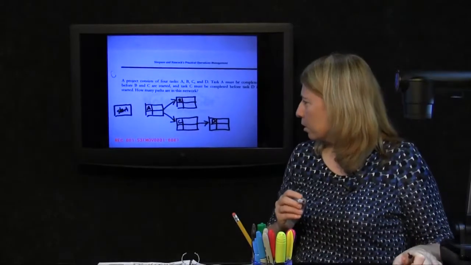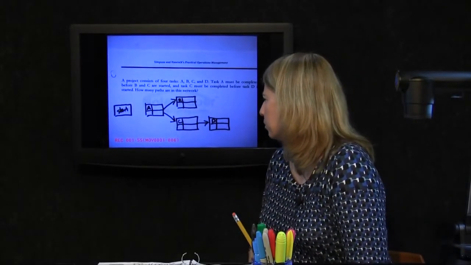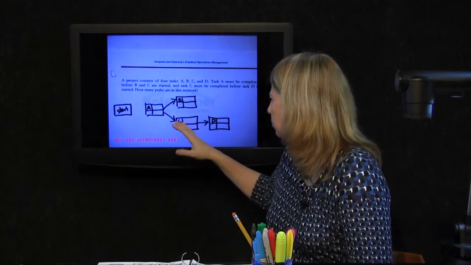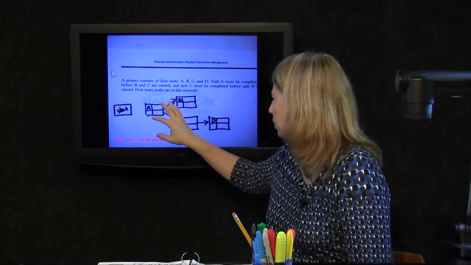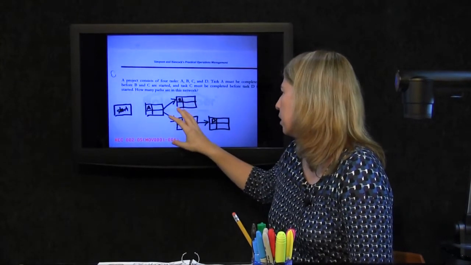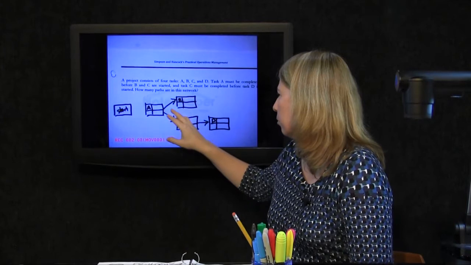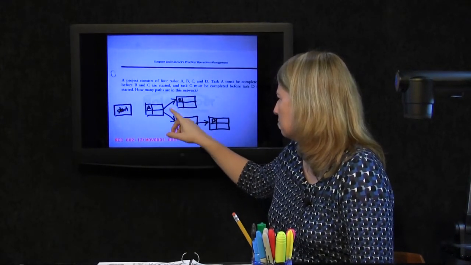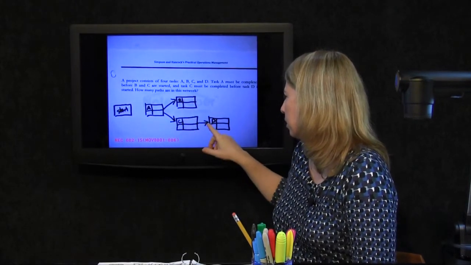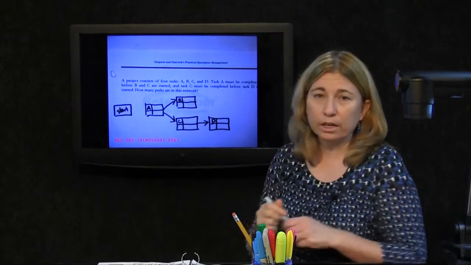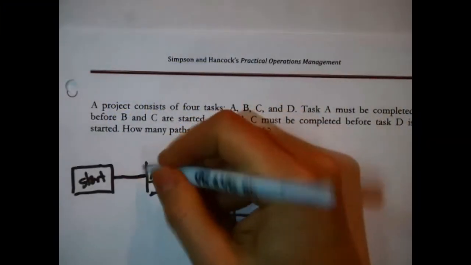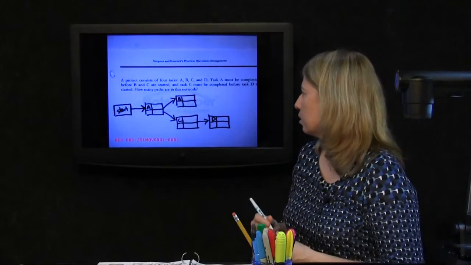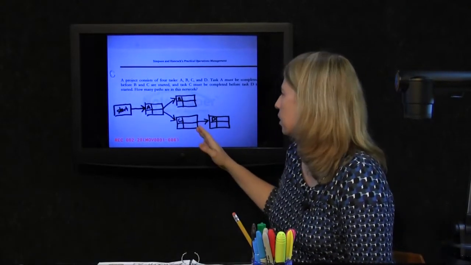Now wait. Every network begins with a starting node, and now that I have the tasks here, I do need to connect it. I want to connect it to all the tasks that have arrows leaving them, but no arrows pointing at them. B has an arrow pointing at it, C has an arrow pointing at it, D has an arrow pointing at it. A, obviously, is the one that must be at the start, but that's actually how you know for a fact. If there's ever any question who should be connected to the starting node,